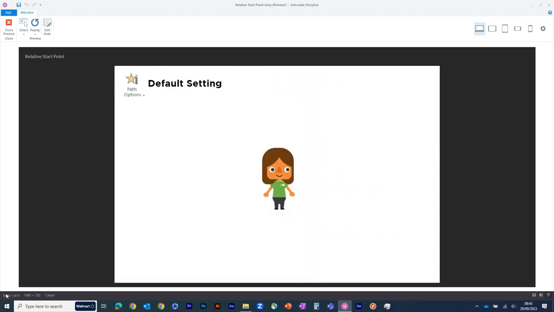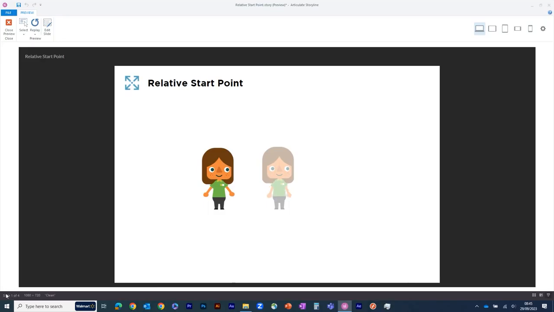So when we apply a motion path to an object, by default its starting point is fixed to where we've placed it on the stage, and it's always going to return to its original position when one path completes and another begins. But the relative start point option allows for a motion path starting point to be relative to where the object is on the stage rather than a fixed position. So in other words, the motion path will start where the previous one ended,